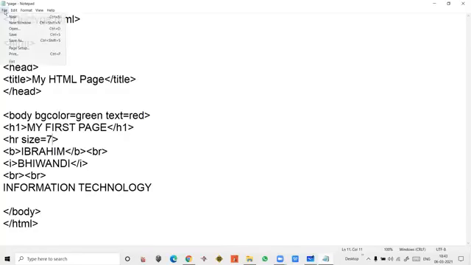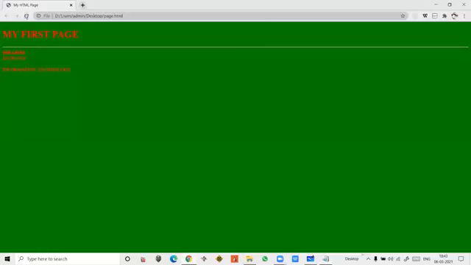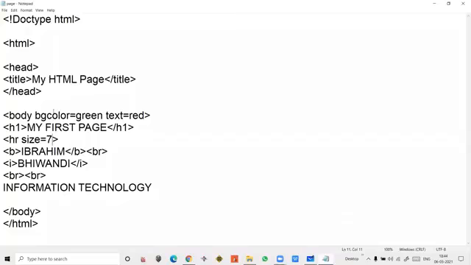See again. Remember students, every time you are making a change, you have to save it first and then you have to reload the page. See, look. Yes. So this is the very simple program. The question was lengthy, but I have divided it into different parts and then easily I'm able to understand what the question has been asked. Okay, so it's very simple and easy, students. If you understand the syntax, you can easily type the program.